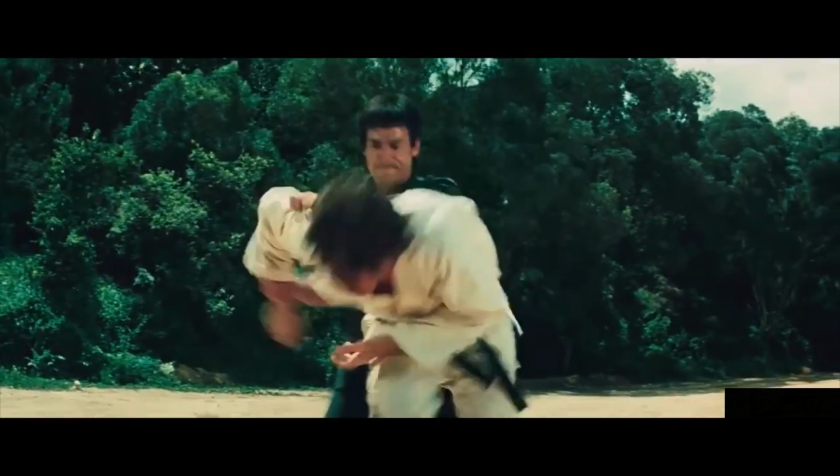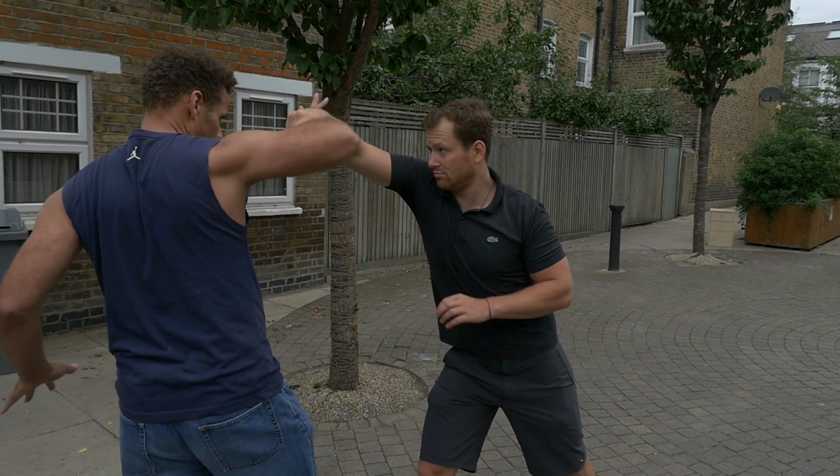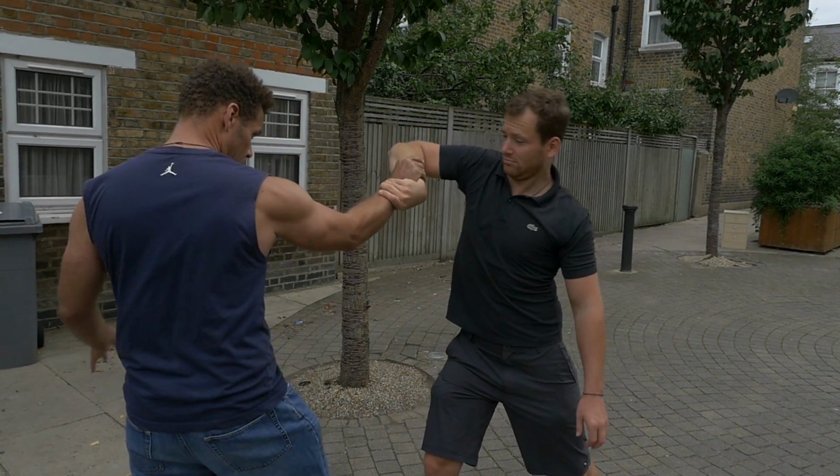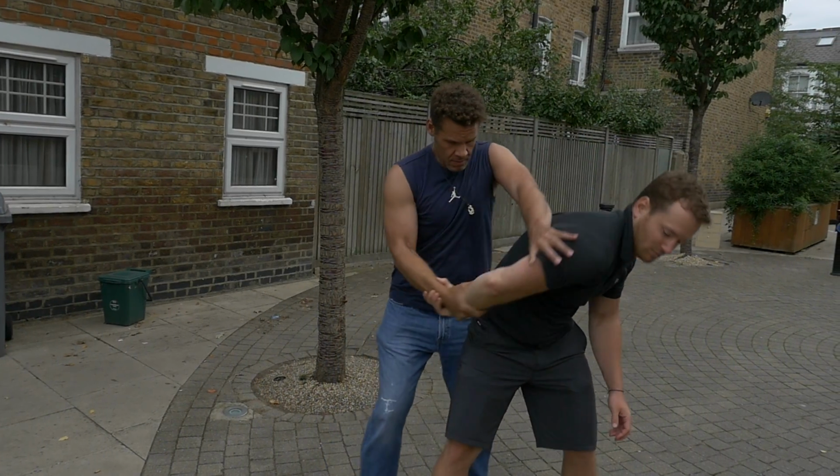And then what happens is that he rotates into what we call an Ikkyo, where the pressure is on the elbow. So it goes straight down and then he can do anything that he wants with the guy. Beautiful technique. In fact,